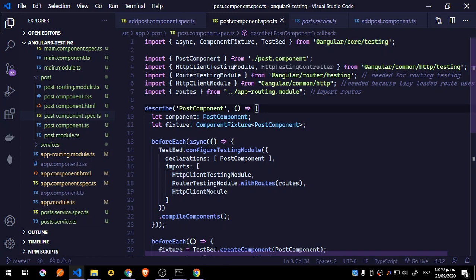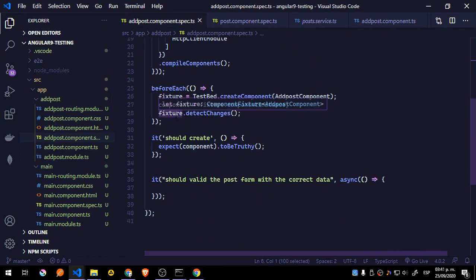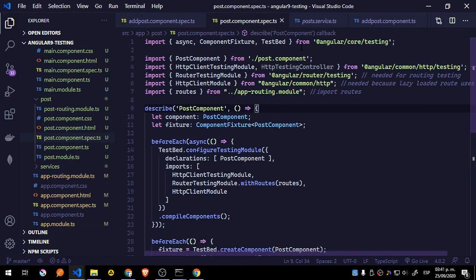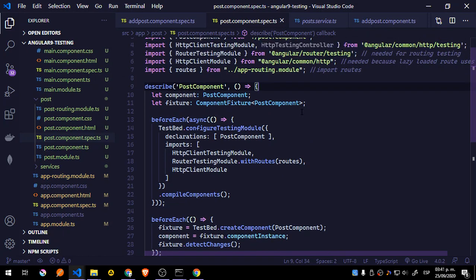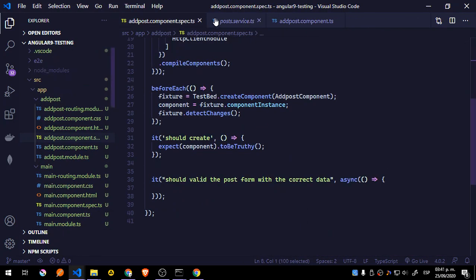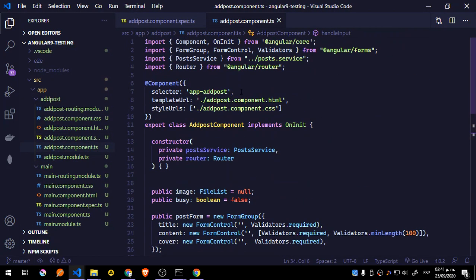Okay, I don't have the service here, but the service itself is implementing the HTTP client module. So that is why we needed to add that. So if you have a problem saying that a component requires something after running a test, just add the specific stuff to the imports and you should be ready to go. So let's just close the post, post service 2, and